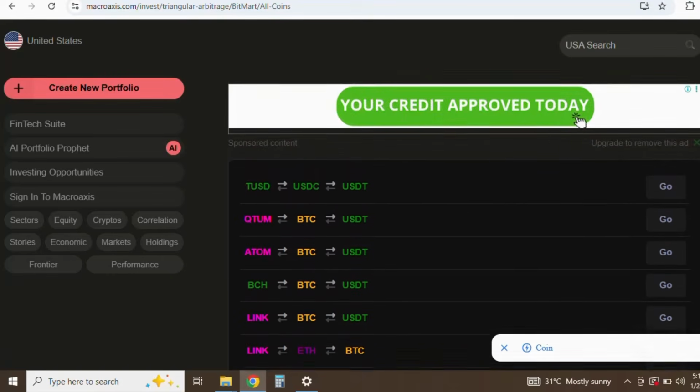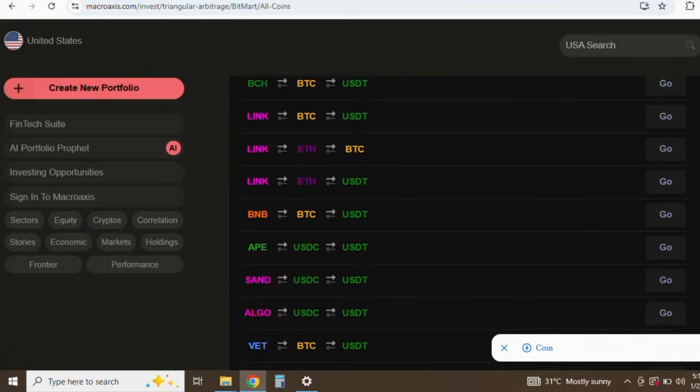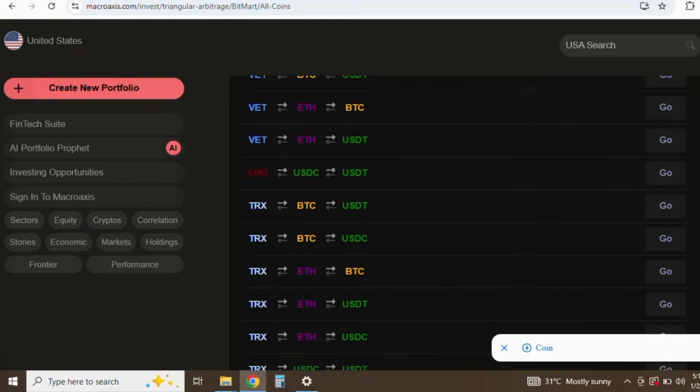Now you can see many of these cryptos have different colors. You can see this one has the three of them green. This one I don't particularly know what color this is, but it's not green. This one is more like a yellow or orange kind of color, and this one is green. So you're going to see about three different colors. What I've actually noticed is that